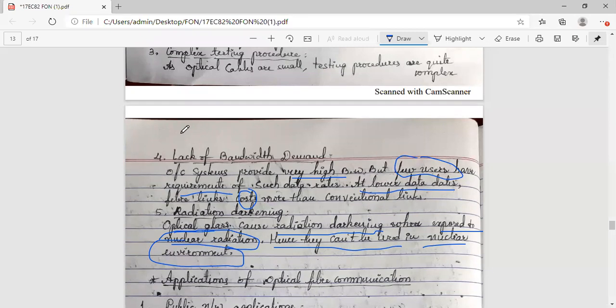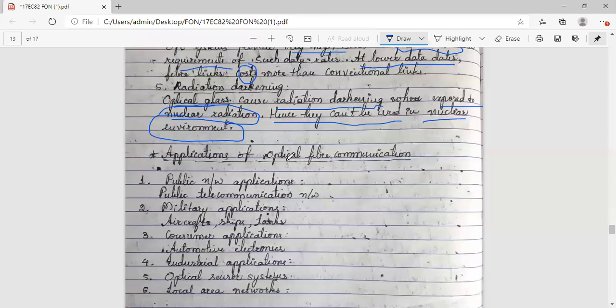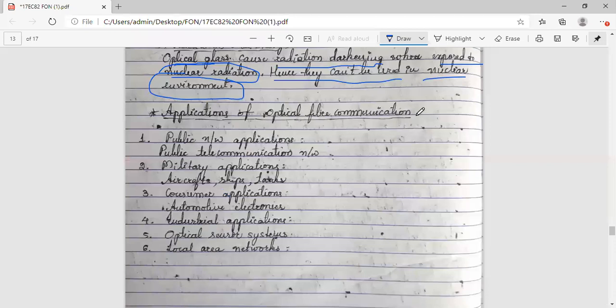Okay, any doubts in this? Simple listing and you need to explain it. I have even listed, you can see it, some of the applications of optical fiber communication. It may not be a part of your syllabus, but still you should know what they are. The public network applications, that is in telecommunication, probably in some subsystems like trunk network and internal networking. Probably you might have visited BSNL also as a part of the internship, you might know it better. So how the subsystems are designed using optical fiber cables.